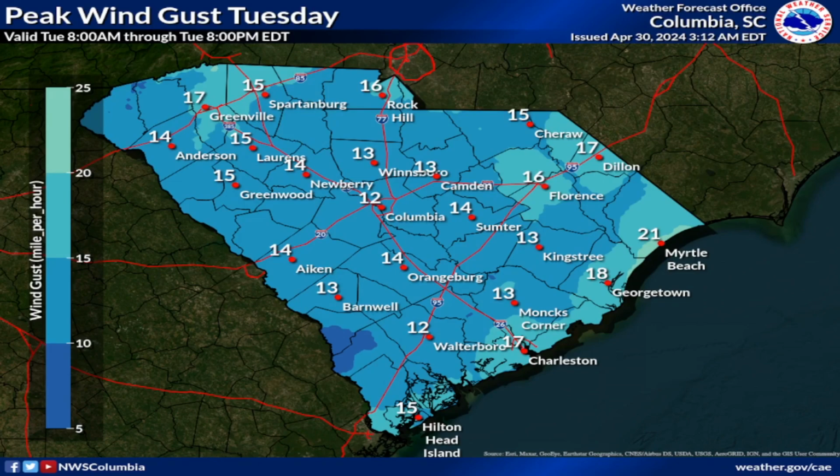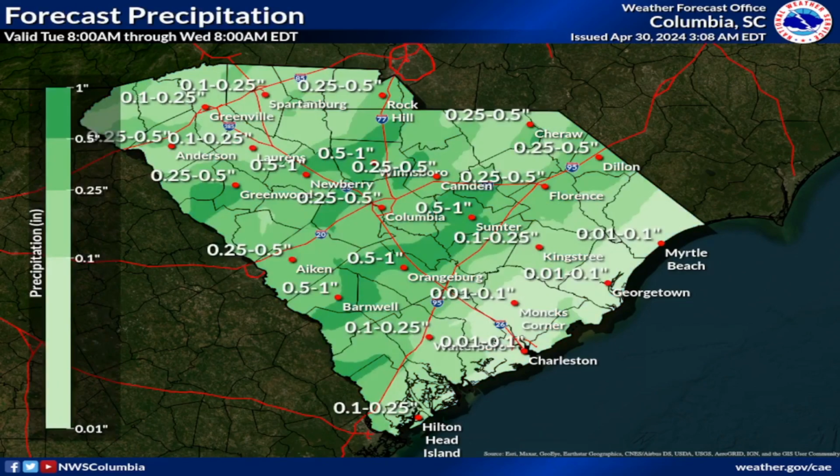So around 10 to 20 inland, 15 to 25 miles per hour on the coast. This is gust, by the way. Here's our forecasted precipitation for the next 24 hours. As you can see, we do have that precipitation ranging all the way from around half an inch all the